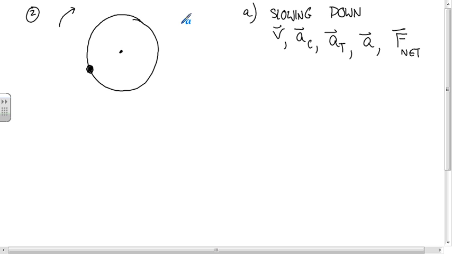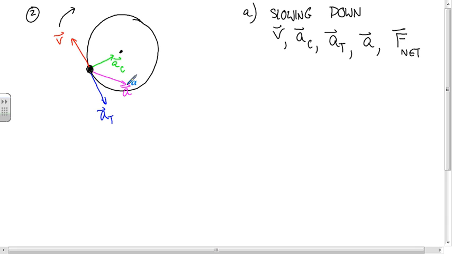So what direction is the velocity vector? Yep. This way. Centripetal acceleration vector toward the center. Tangential acceleration vector. Yep, good. Total acceleration. Yeah, that's a good way to think about it. It's between these two. So the total acceleration is going to be somewhere in that direction.